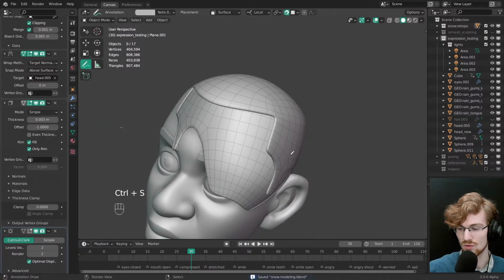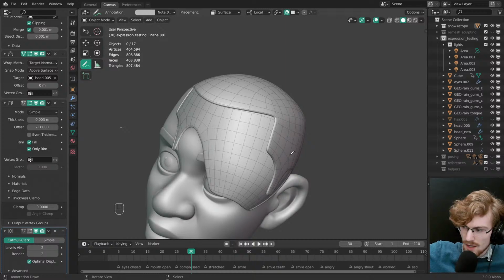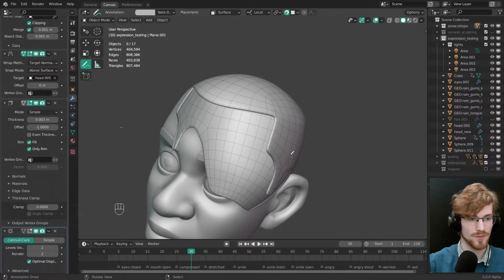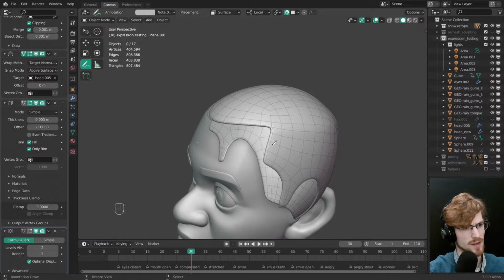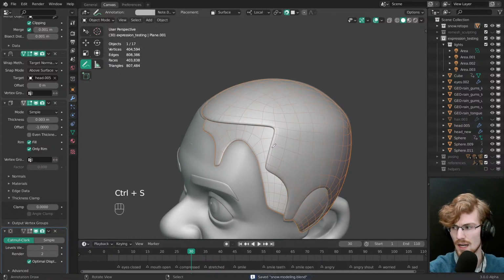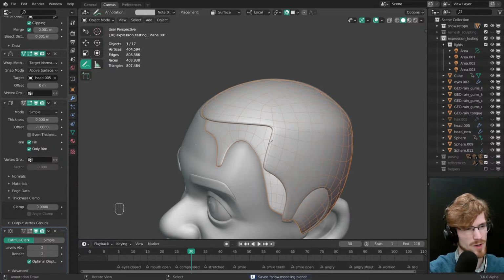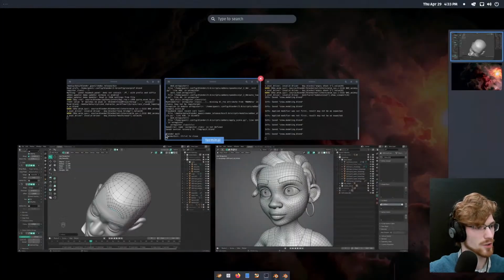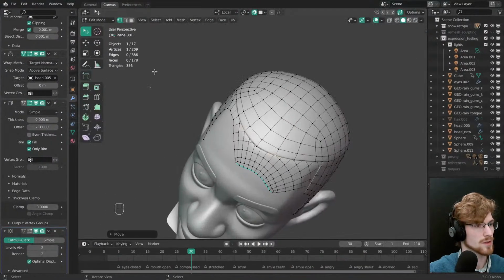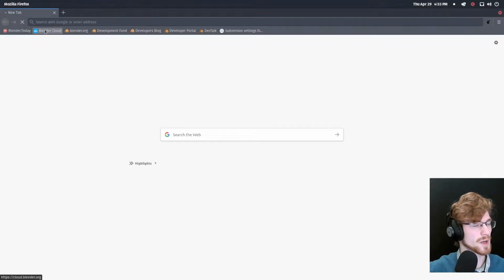I don't see the link to Rain. I see someone asked, do you rig the character or does someone else do that? Well, for the character Rain, I can add it to the description, but you can go to the Blender Cloud. What is it called? Well, there's a character section, but wait, I can just show you, to be honest. So if I go to the Blender Cloud,